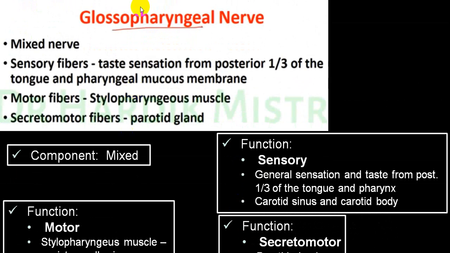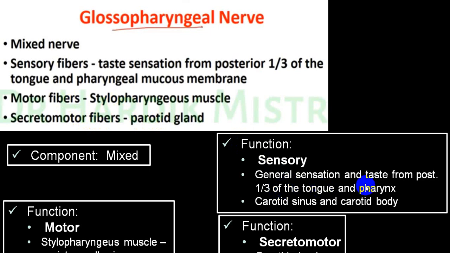So it is a mix now. Sensory, posterior one third of the tongue, pharynx, tongue, sensory supply. Motor supply to stylopharyngeus muscle, and secretomotor, or we call parasympathetic fiber, to parotid gland. So function is sensation and special sensation, that is taste sensation to posterior one third of the tongue, as well